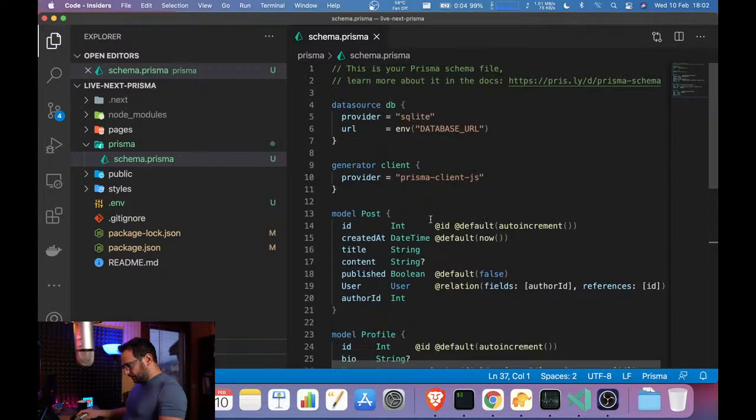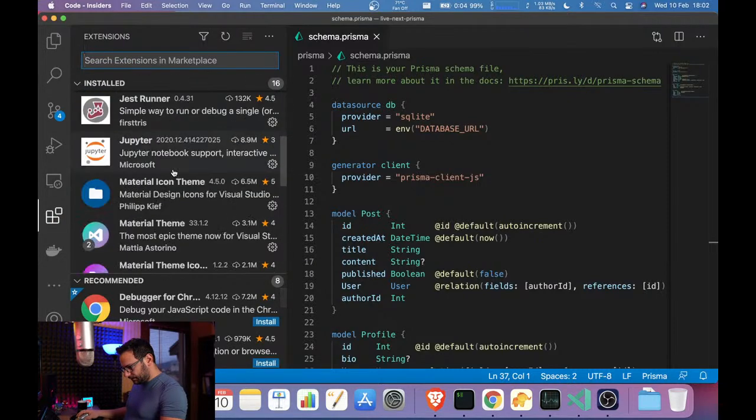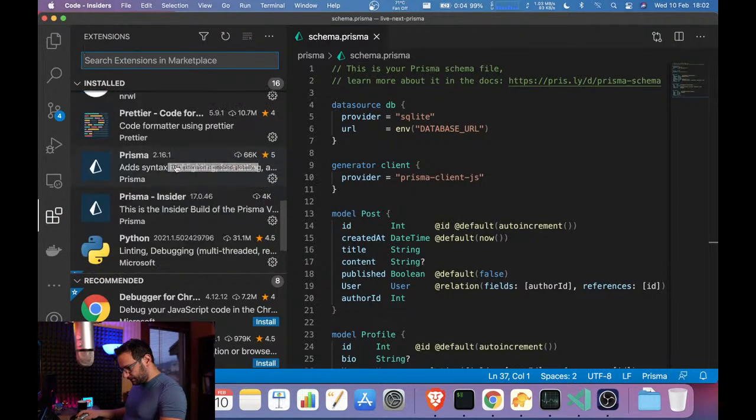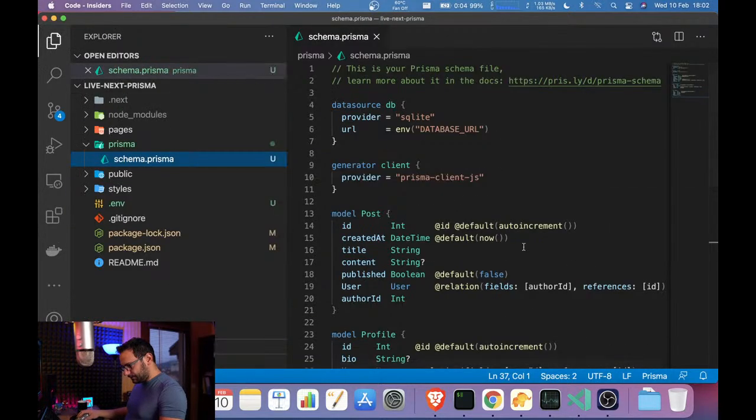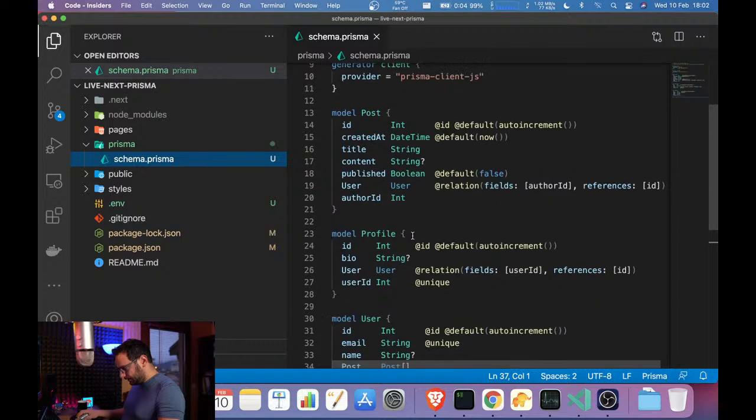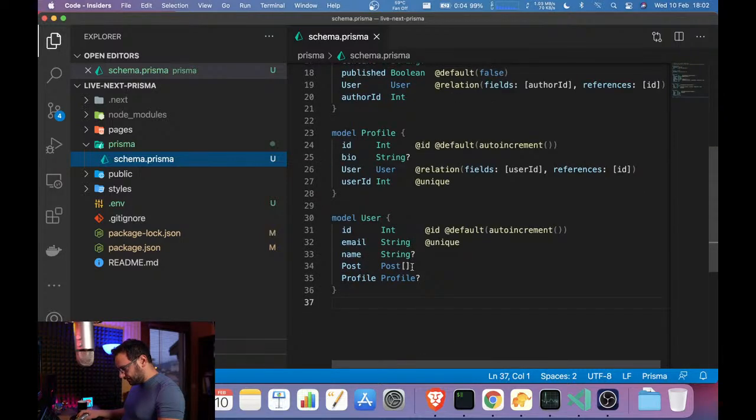As you save it, it is automatically formatted. So I highly suggest you install the Prisma plugin for VS Code. It's quite useful because when you do modeling, if you have a list of posts, for example, it makes the relationship for you if there is some field missing.